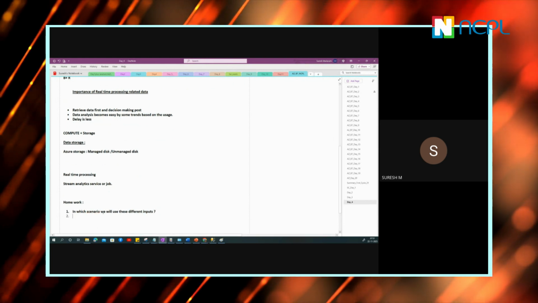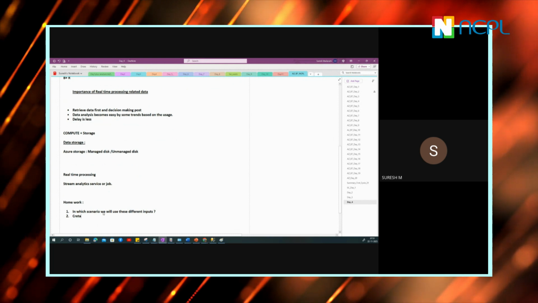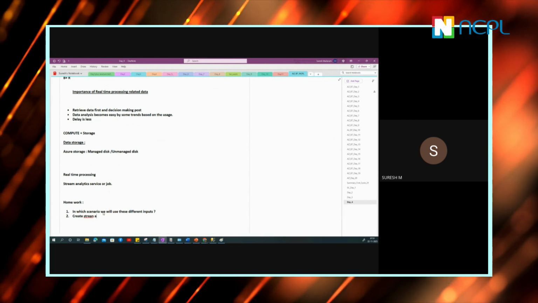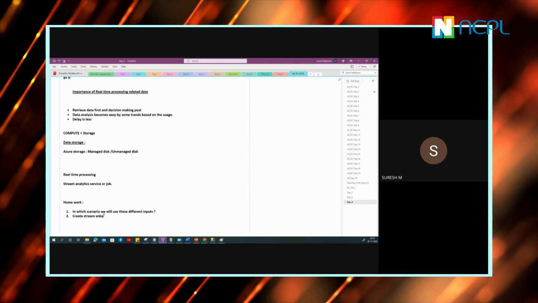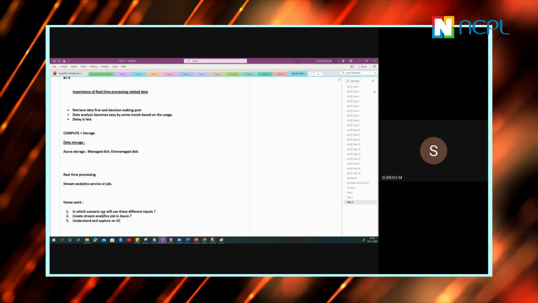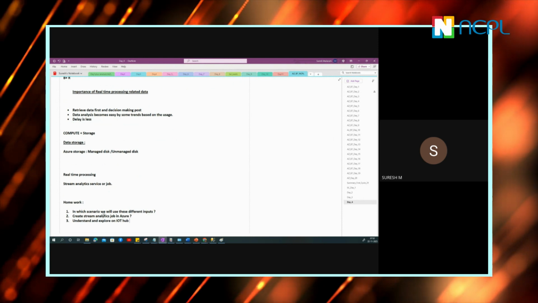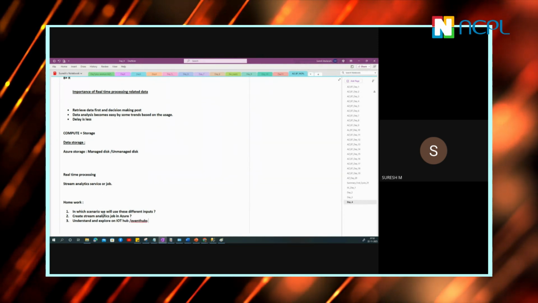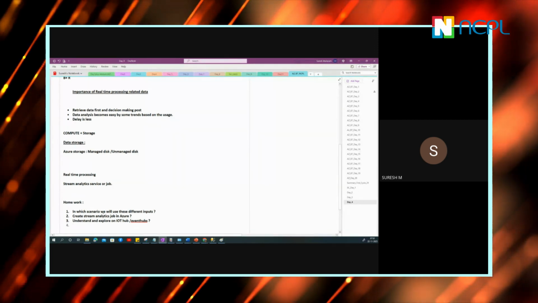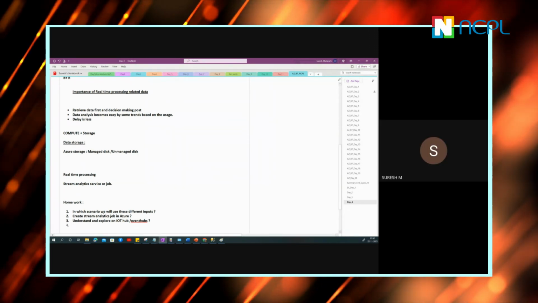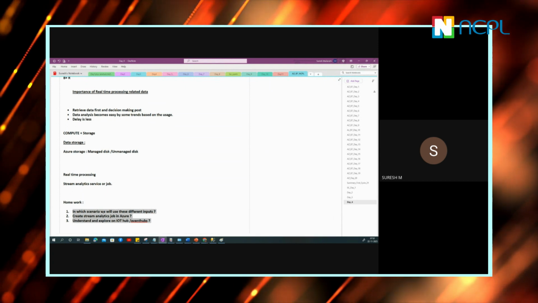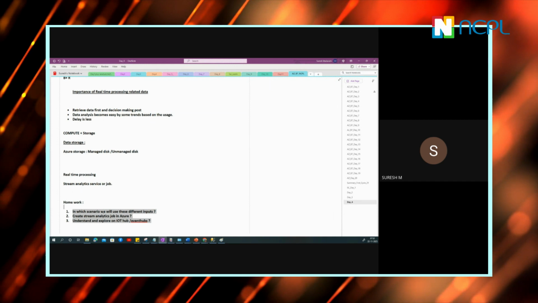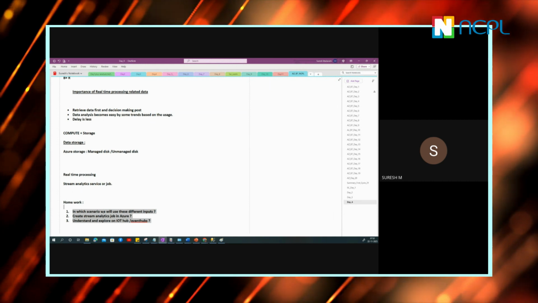And create a stream analytics job. We'll talk a lot on this tomorrow. Did you go through this? Event hubs? No, Suresh. All right, just understand it. No need to create anything. The task is only to create a stream analytics job in your Azure and come tomorrow, if you are able to search it on Google.